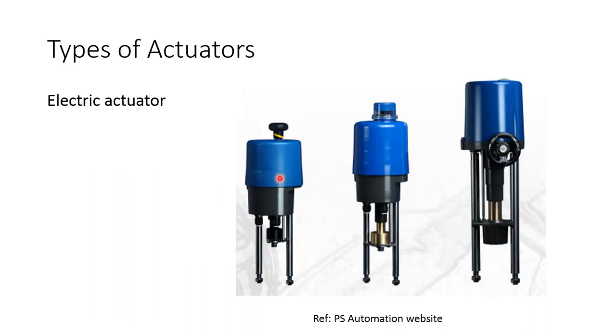Next is the electrical actuator. Here the signal will be given in 4 to 20 milliampere, and the power source is either 110 volt or 230 volt or 450 volt, depending on what is available at the site. Since these actuators are actually designed with motors and gears, a linear transfer unit, LTU, is used to convert the rotary movement to linear movement.